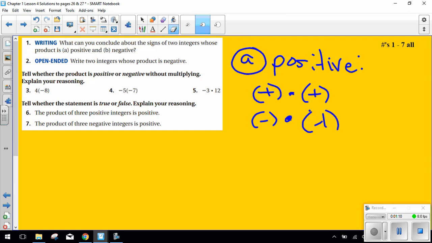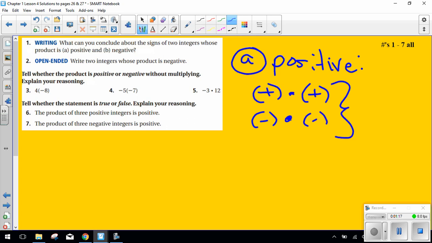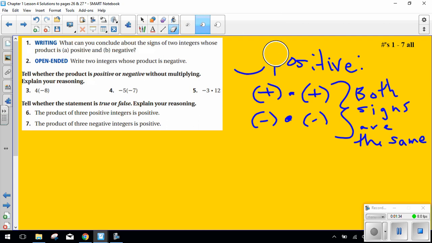You don't need to put a 1 there. Just do this. Negative times a negative. Another way you can say this is that both signs are the same. Both signs are the same. Okay, so that's part A. For number 1, part B,